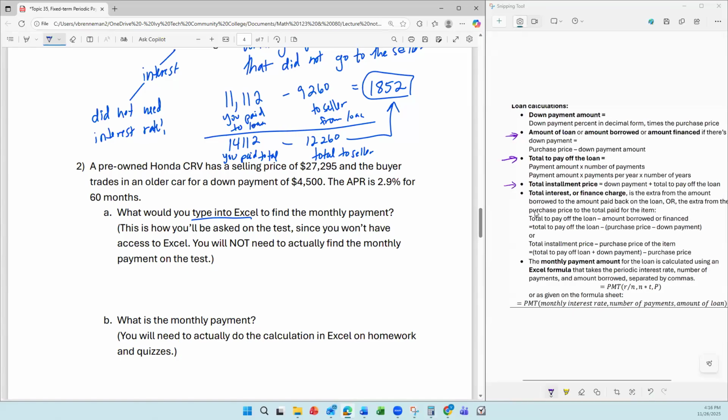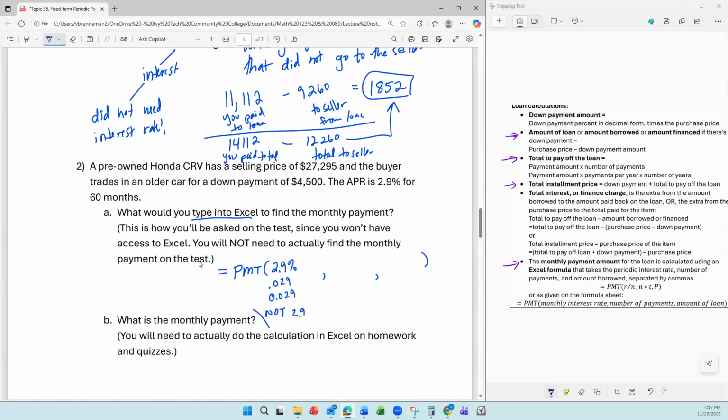So it is, here, the monthly payment. It is going to be equals PMT. That can be uppercase, lowercase, any combination, doesn't matter. And parentheses, you're going to have 3 things going into this separated by commas. The first thing is the R over N, which is the monthly interest rate. So that can be written as 2.9%, 0.029, any of those will work, but not